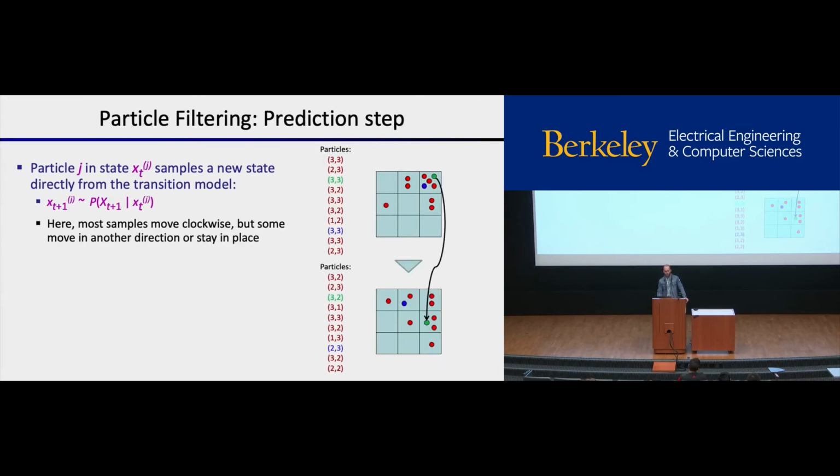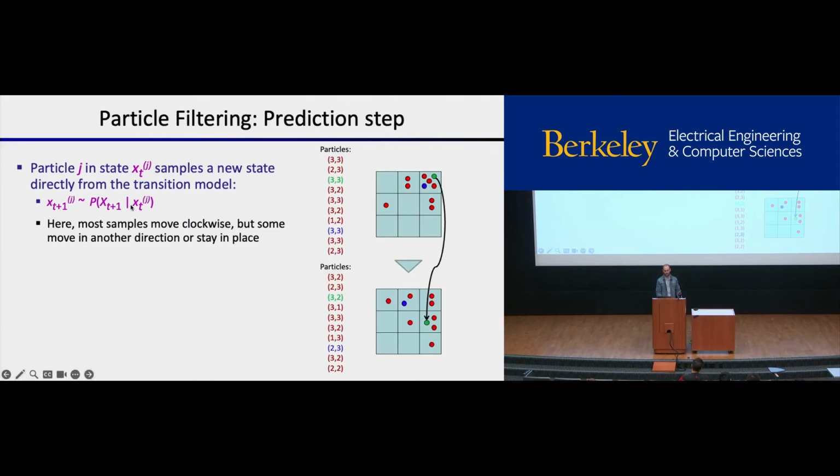Okay, here is why they are called that. Here is how we go from a belief distribution at time t to time t plus 1. So we have particle j in some state, xt, and then we sample a new state directly from the transition model. So we just sample from the distribution over where that particle is likely to go, or what the next state is likely to be, given